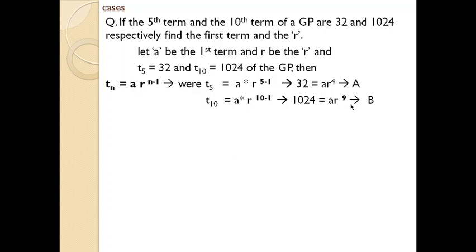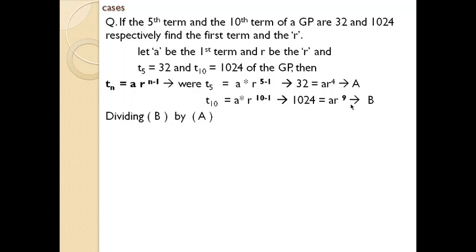From this step onwards, we are going to follow a procedure that will be common for almost all application-level questions in a geometric progression. Just like the procedure we followed in the previous session, we will follow a similar technique here too. Whenever such situations come, first of all arrive at equation A and B. The next step will be similar in almost all cases, so just familiarize yourself with it.